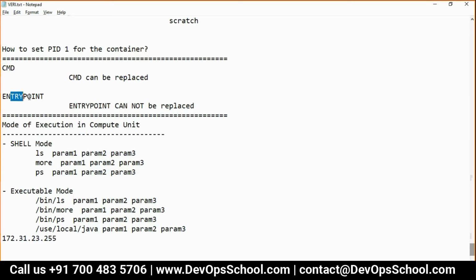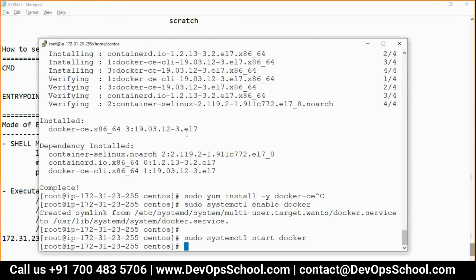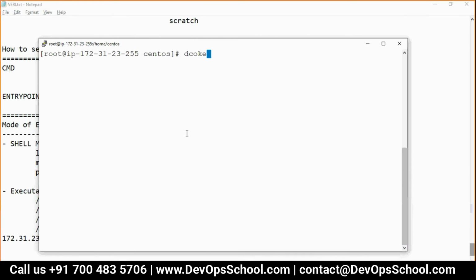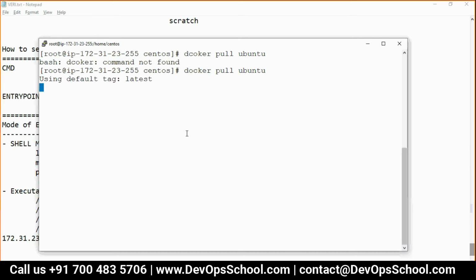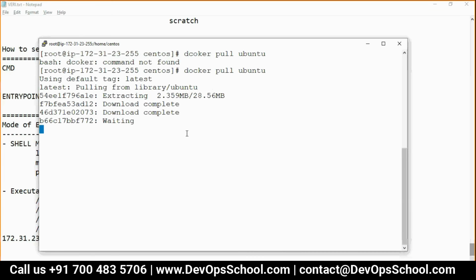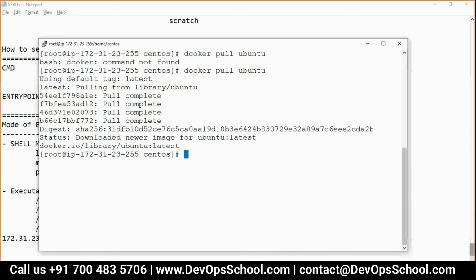Okay, so now I'll show you here. CMD can be replaced, entry point cannot be replaced. So let me pull the Docker Ubuntu image, which is with the CMD, and Docker Jenkins, which is with the entry point.